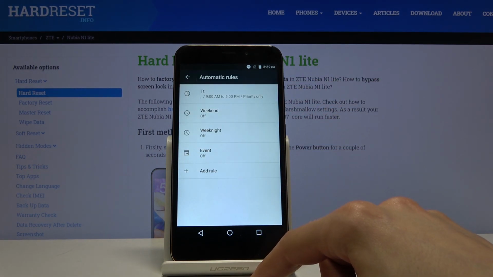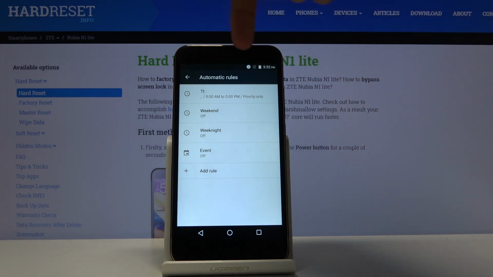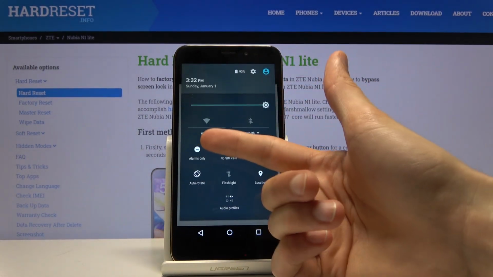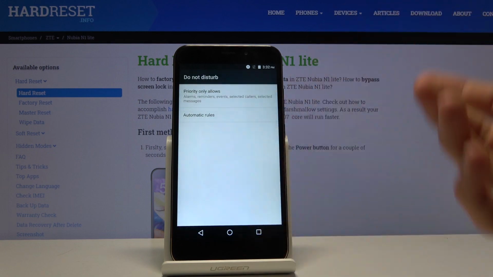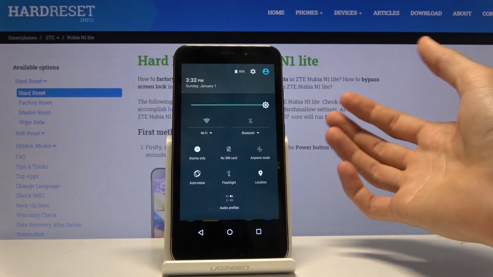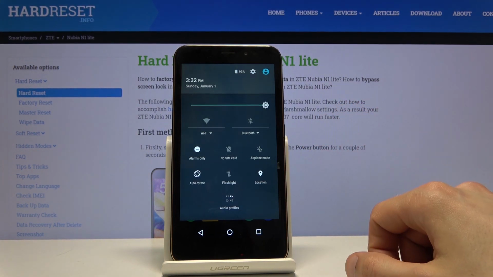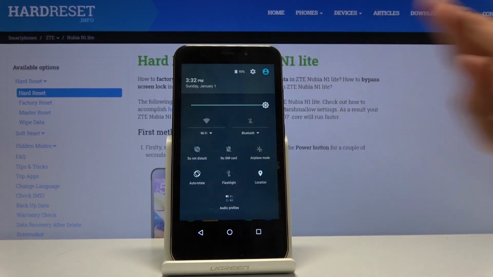So assuming it's in the period of time, it looks like it already has enabled itself. So you can see that by the circle with the cross, and also if I pull it down, you can see it right here. So now that it's set to the automatic, it will turn on and off every single day or every other day from 9 to 5. Now you can still turn it off if you want to by simply tapping on it